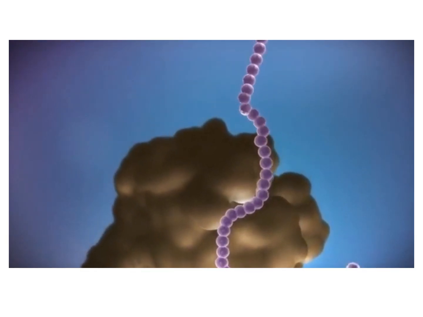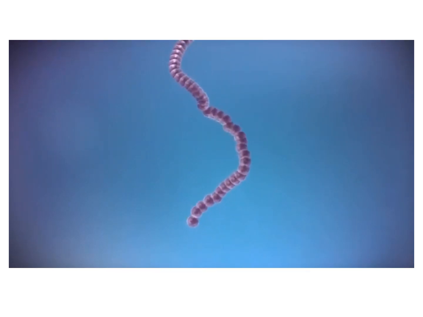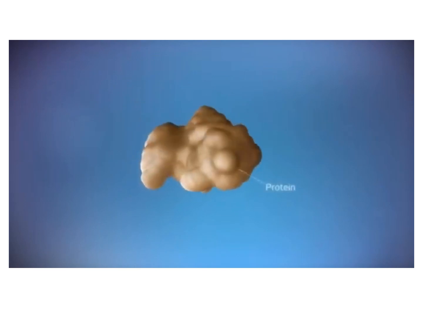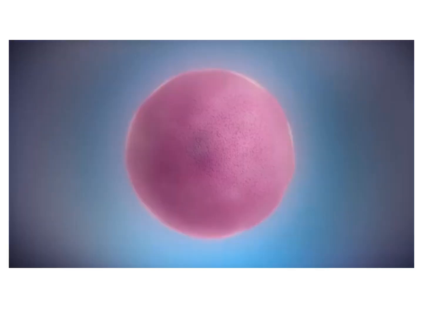Once the last amino acid has been added, the chain folds into a complex 3D shape to form the protein. So this is the process of gene expression from the DNA to amino acid to the protein. And in this video, you can see the first step of gene expression is the transcription. And then for the transcription,